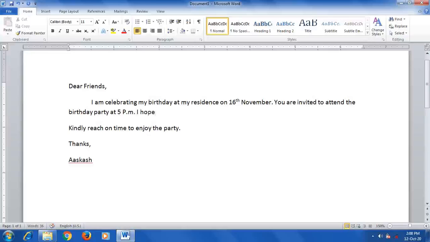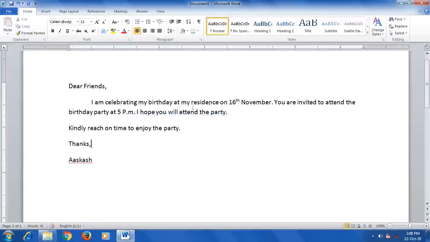Now I'll write another line. I hope you will attend the party. So just place the cursor and go on typing. Automatically, when you type, the cursor moves towards the right side, and the typed text appears in the document. Now see, this text is appearing.